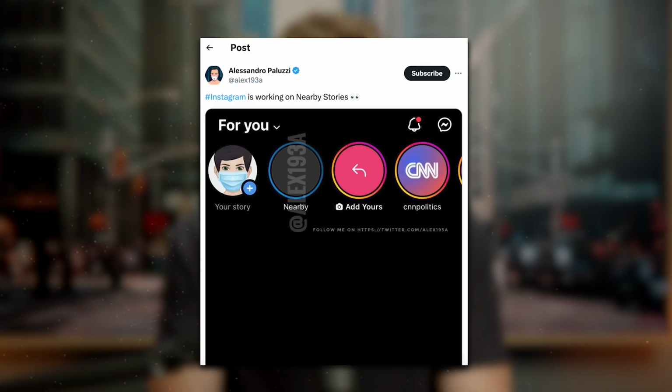Which leads us onto the third update, which is one that's not actually out yet, but has been found by a data hacker on Twitter who sort of looks into the code and finds things that they are testing but aren't yet live. And that is nearby stories. So similar to the way that there is nearby Reels feed, there's also soon going to be a nearby stories